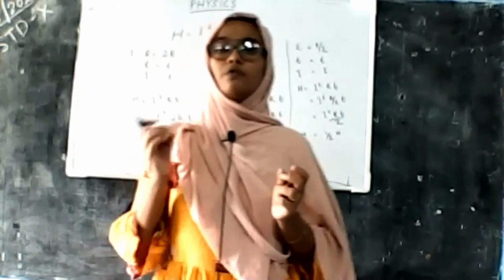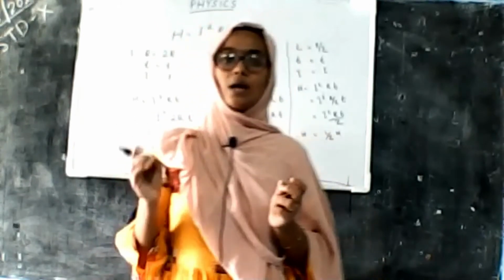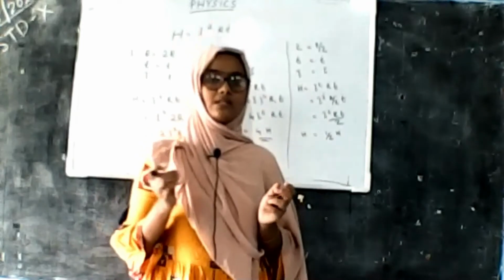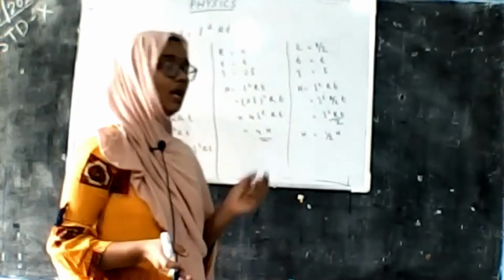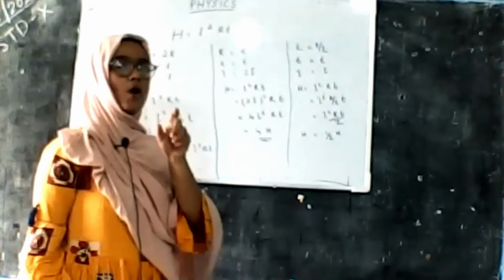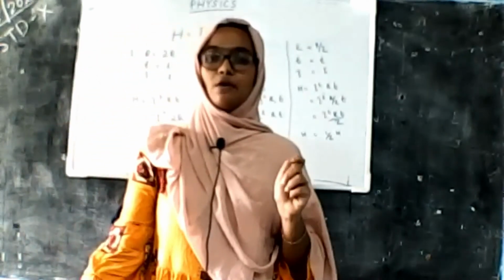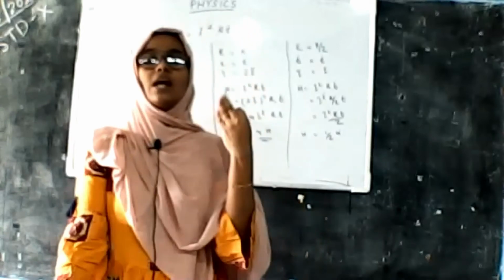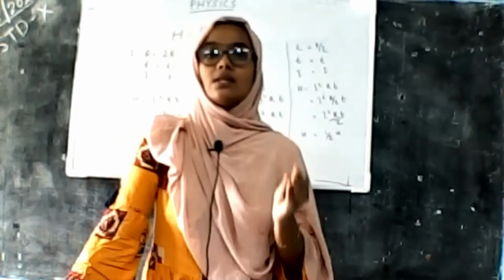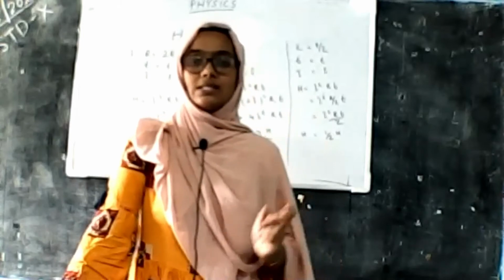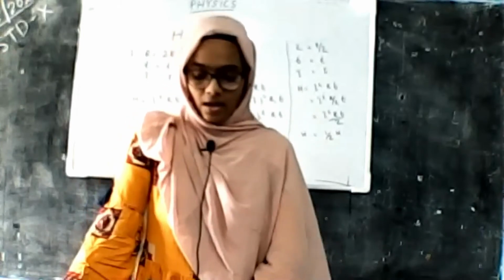Other than these 3 points, there are another 3 points in our textbook table 1.2. All of you fill all these columns using the measurements given in the table, put all the points into H is equal to I square RT, the equation of Joule's law, and find out the other 3 heat changes using the points. This is an assignment for you.